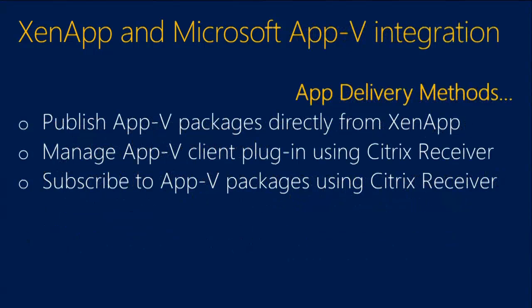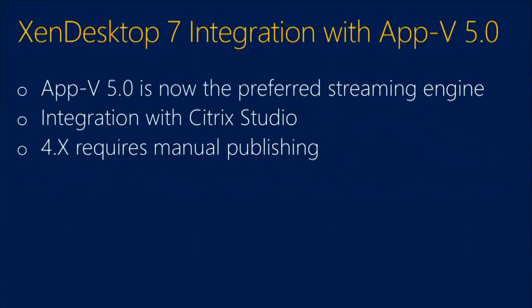So what are some of the delivery methods? We start thinking about integration. We can publish the AppV to the AppV management server if you own one. You can also publish it directly to the XenApp server if within that environment if you have that available as well. But within XenApp, you can actually utilize the Citrix receiver to actually pull it down to the end system. Or lastly, you can have that AppV package utilized to deliver to the end user using the Citrix receiver as well. So those are some ways you can actually deliver it.